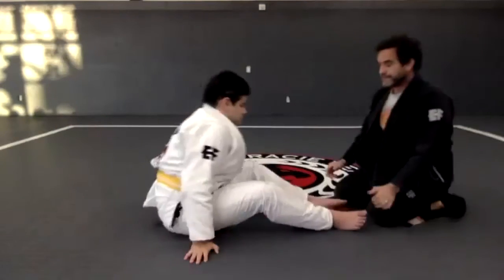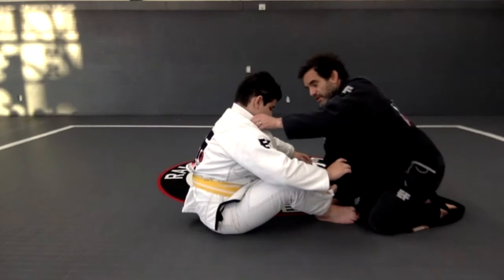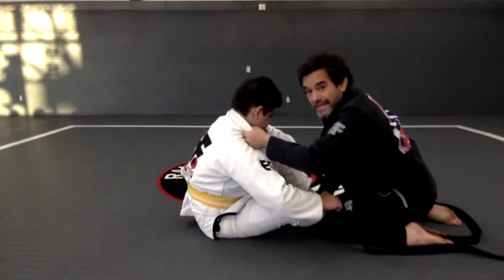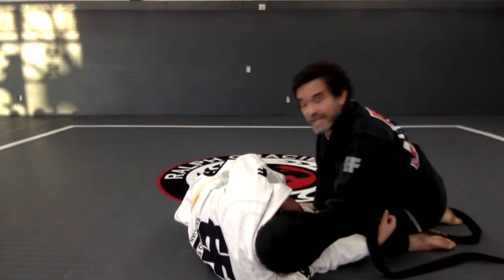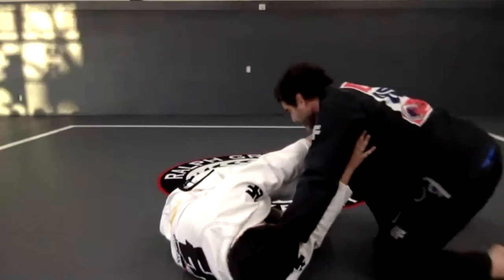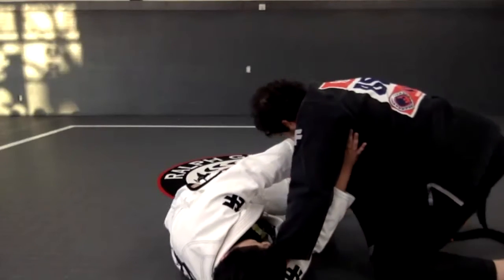Okay, so look, I go 1, 2, 3. Bring his head close. All right, so he's going to use that hands on my chest right here, and then he's going to use that leg. So what I'm doing here is I'm going to go. My leg goes between